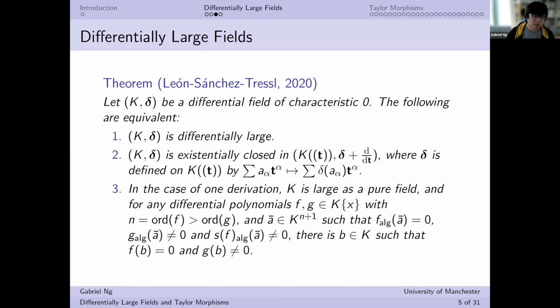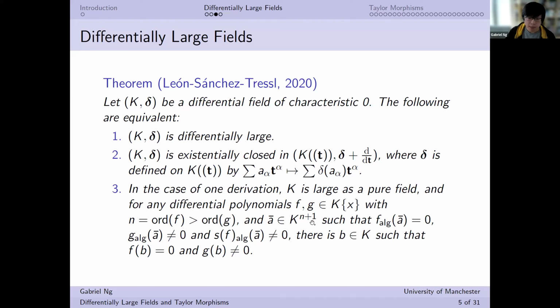And in the case of one derivation, you can characterize it purely in terms of the existence of solutions to pairs of polynomial equations and inequations. So in particular, if we take two differential polynomials f and g in one variable, this is in the case of one derivation, with the order of f strictly greater than the order of g,